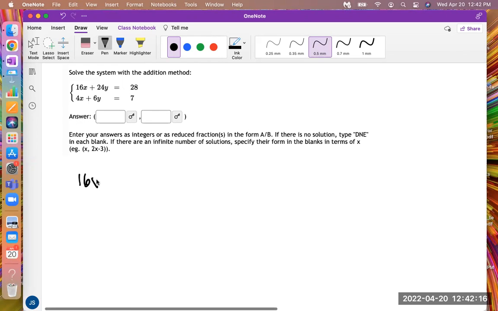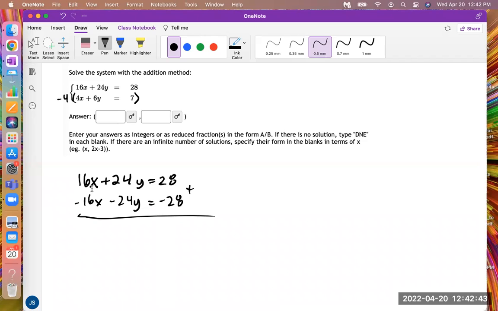So I'm going to write the first one exactly as seen. And then I'm multiplying the second one by -4. We have to remember to do it on both sides of the equation. So I get -16x, -24y, and -28. Then I add the resulting equations together, and I just wanted the x's to cancel, but actually everything cancels, right? So 0, 0, and 0. So we just get 0 plus 0 is equal to 0, which is a true statement,